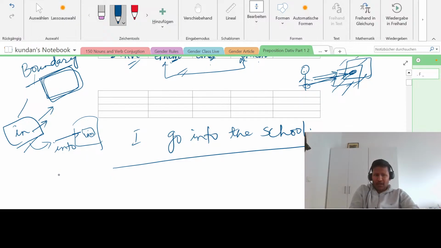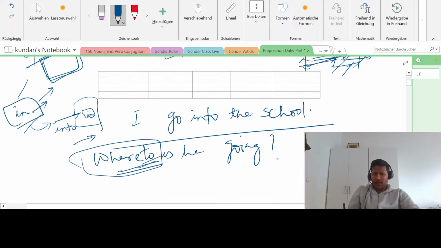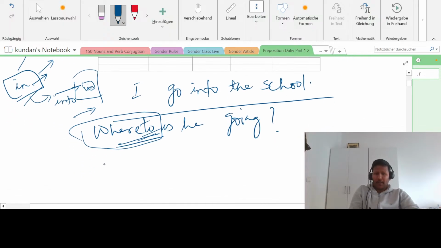So the question is, where is he going? What is the question? Where to? In German I'm talking about. In English you don't say where to, but in German we say to which place is he going, right? So he's changing the place. So in German we have already learned how to form the question. We say